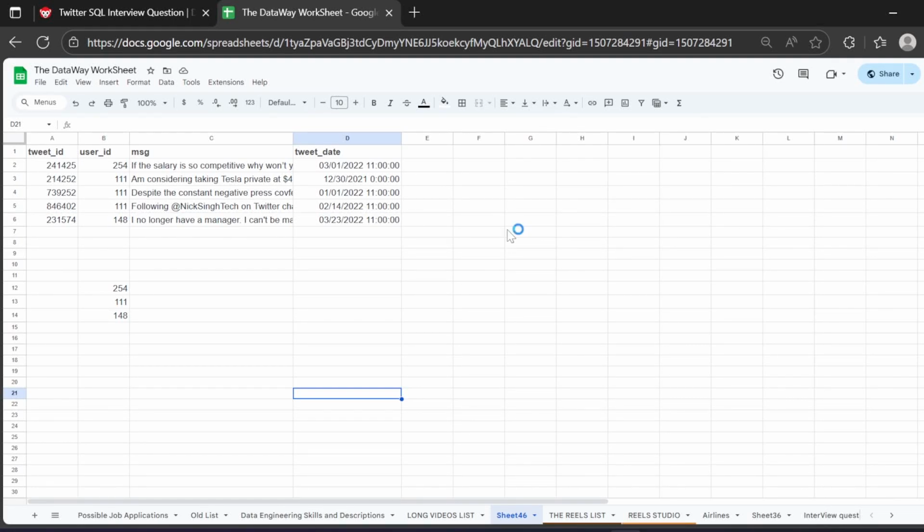So in this video we are going to be looking at another concept in SQL, that is the CTEs, the common table expressions. This is a little advanced concept away from all the basic stuff that we've already covered in the Excel